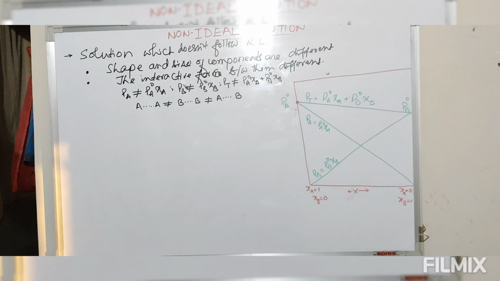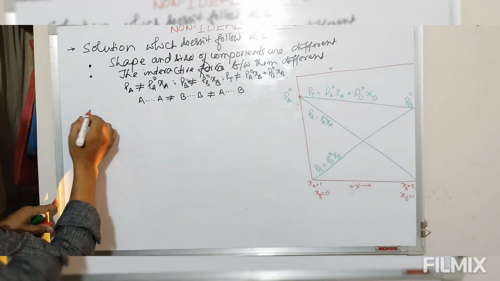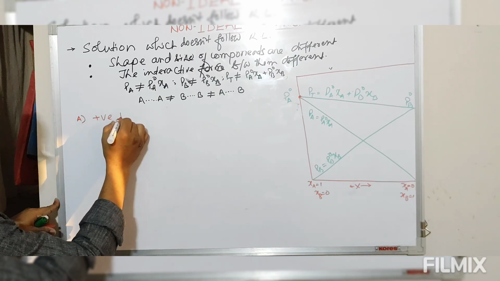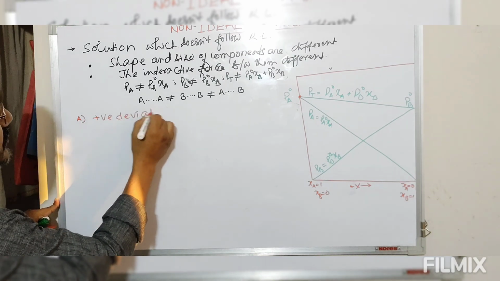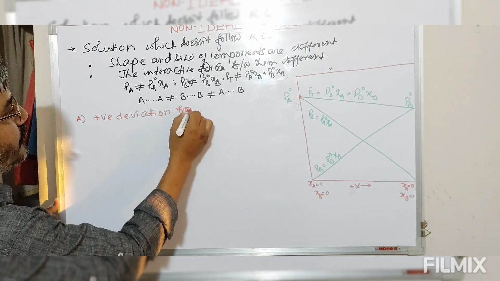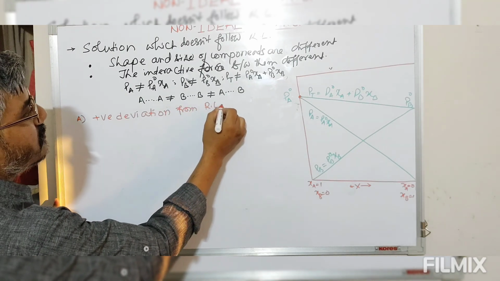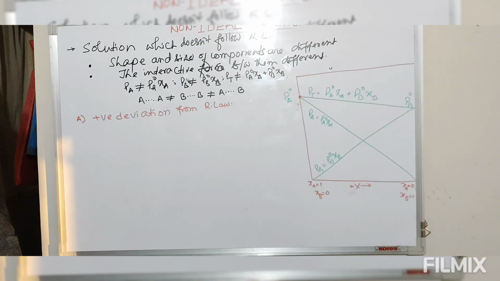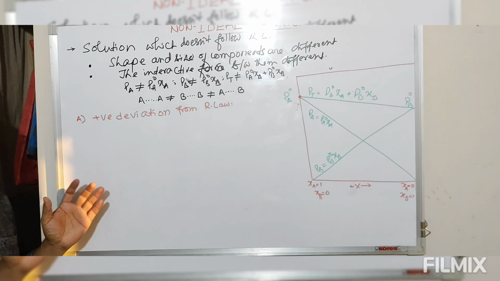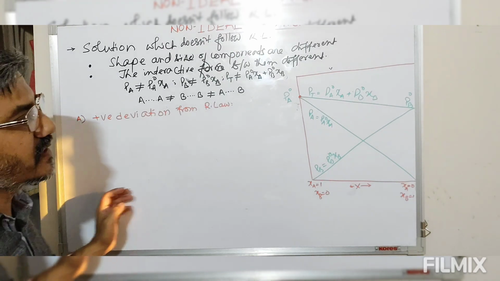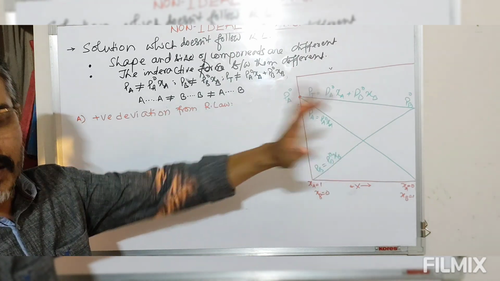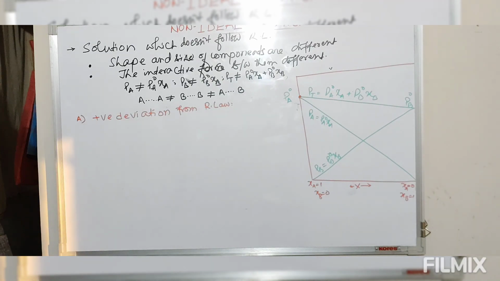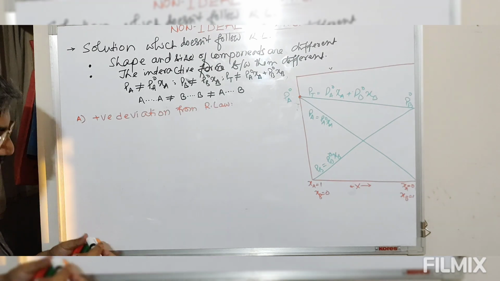The first one is known as positive deviation from Raoult's law. Now we have a solution whose vapor pressures are greater than the one predicted from the ideal solution. Those types of solutions are known as positive deviation from Raoult's law. Now for this positive deviation from Raoult's law,